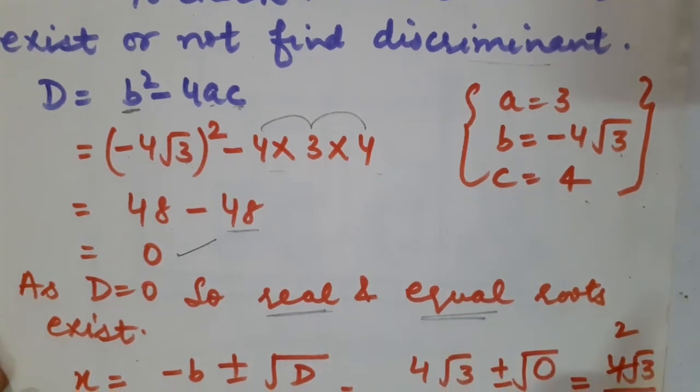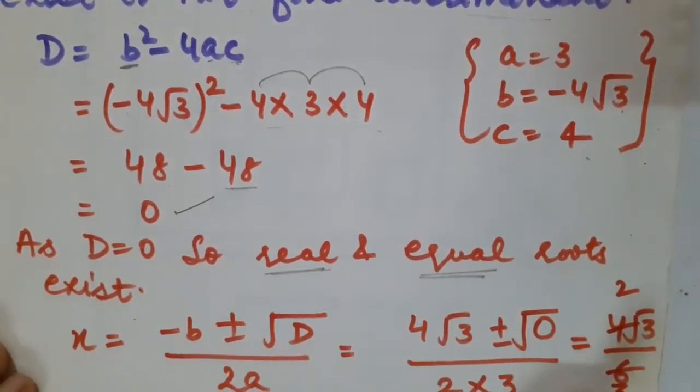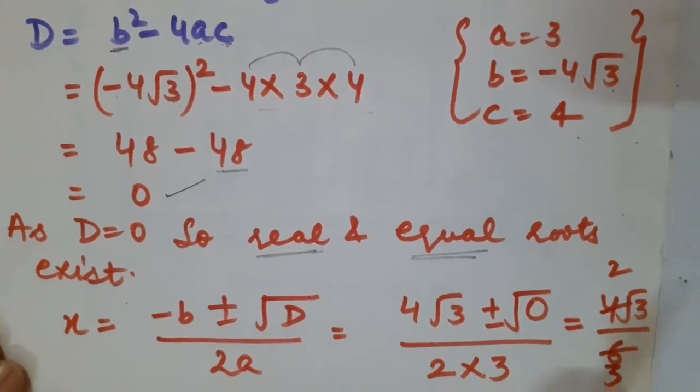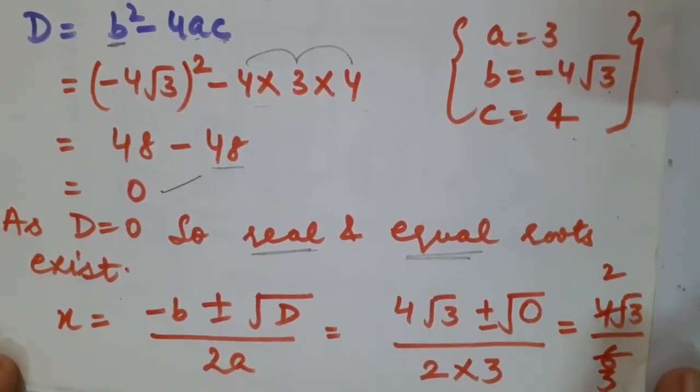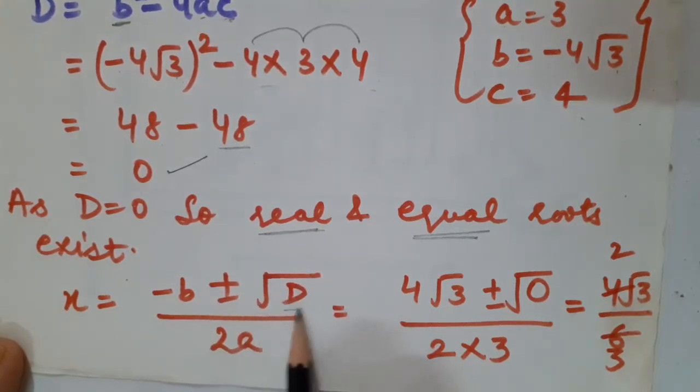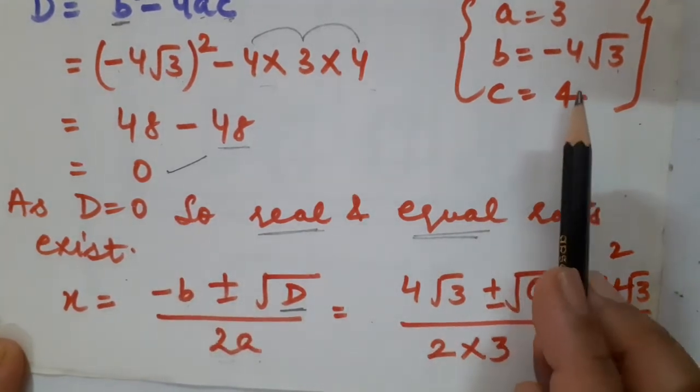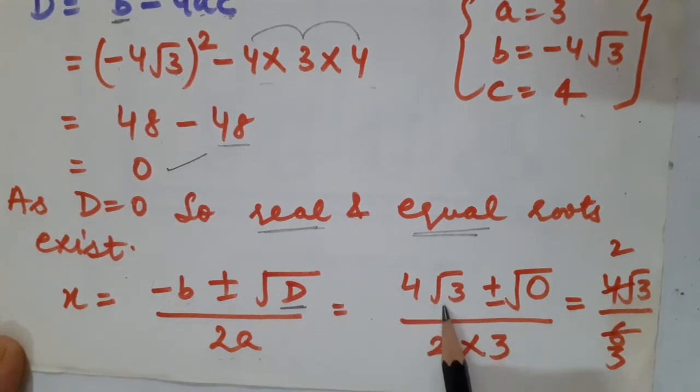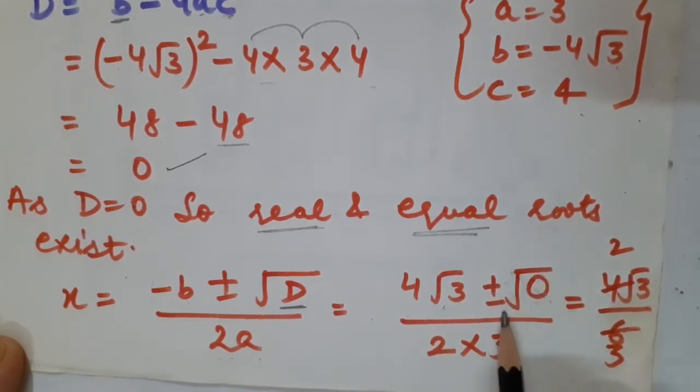Correct? Now, after finding the discriminant, as it is said that when real roots exist, you have to find those roots as well. So children, I am just going to apply the quadratic formula. What is the quadratic formula? Minus b plus minus root b square minus 4ac, so in place of b square minus 4ac, can I write d, which is known as the discriminant, upon 2a. What should I write here? b is minus 4 root 3, so minus into minus will become plus. Plus 4 root 3 plus minus, what is d? d is 0. And the root of 0 will also give you 0, so just remove this term from here.